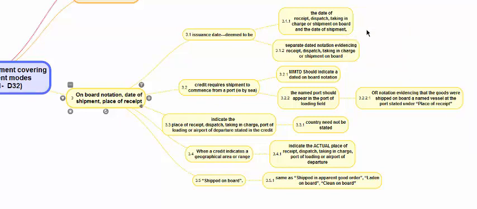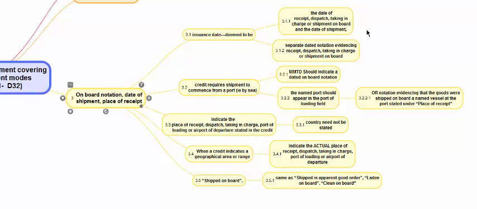A transport document may indicate a date of receipt, the date on which the goods were received by the multimodal transport operator. Date of dispatch is the date on which the multimodal transport operator is dispatching the goods. Date of taking in charge is the date on which the goods were given into the charge of the transport operator. Date of shipment or date of onboard is the date on which the goods were allowed to be moved out. These dates will be considered if available on the transport document.